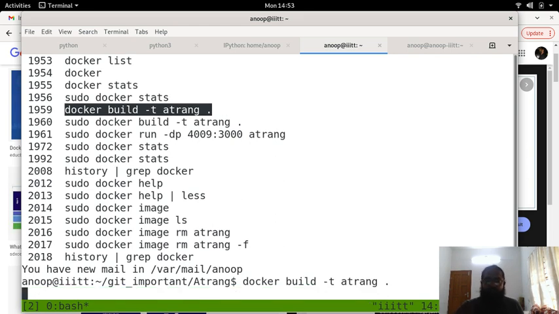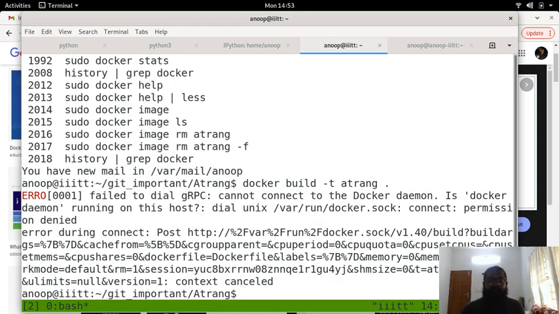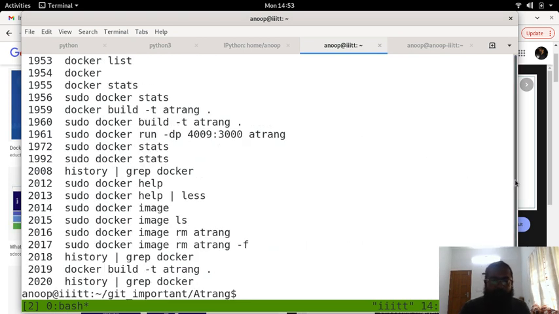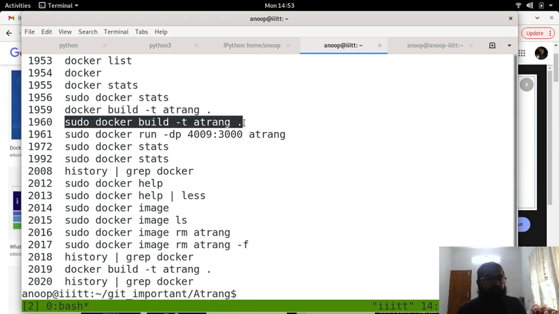And dot means that it's the current directory that I want. By the way, I have not configured Docker with the local user, which means that I need to run it as a sudo docker command. That's the reason why I have this command in line 1960 in the history.